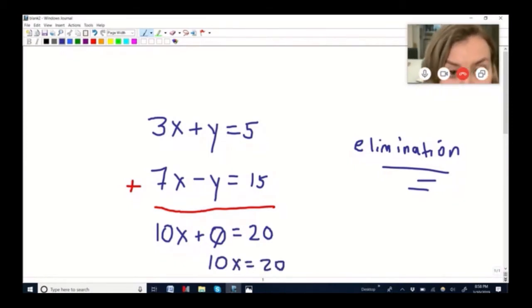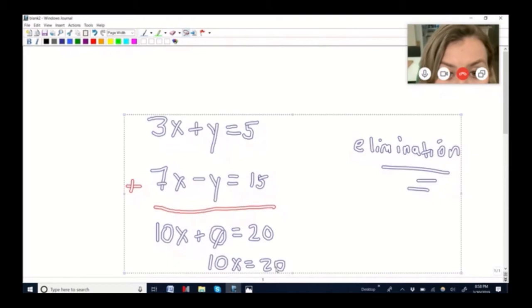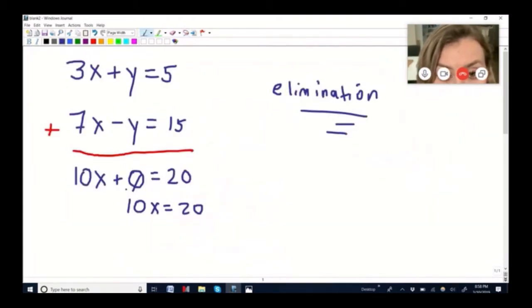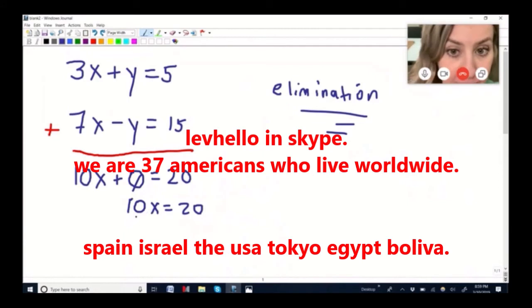Now, my question to you is, when I say 10x, I want to make sure that you're very clear. You understand that this means 10 times x, right? Yeah. All right, so good. So in other words, it's basically like 10 times some number equals 20. So just using common sense, what would that number be? 2. Exactly. So that's one way of approaching algebra. You bring it to a certain point where you can very clearly see, oh, it's 10 times 2 equals 20, obviously.